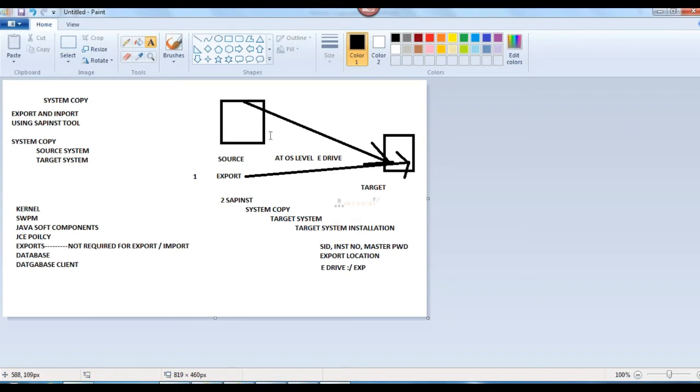Whenever we are talking about a backup restore, it means one existing system is running. In that existing system, I have taken a backup, and another existing system is there. In that existing system, I am doing a restore. And here, in export import method,